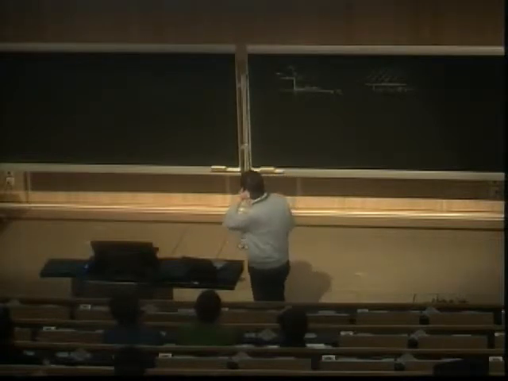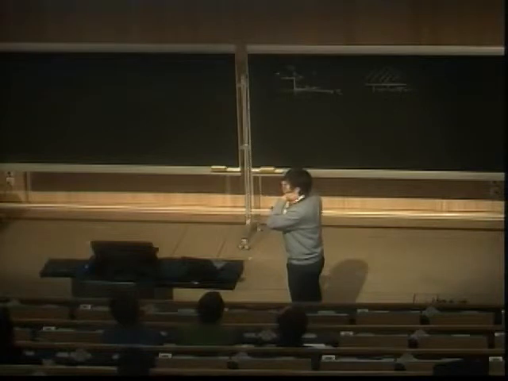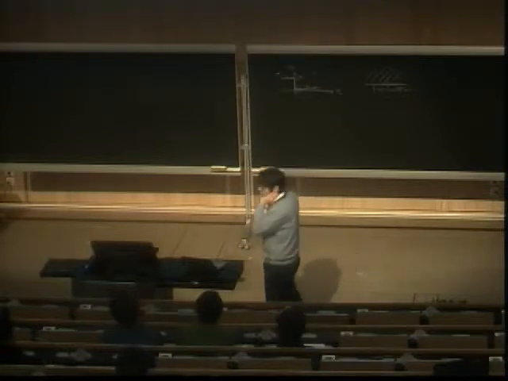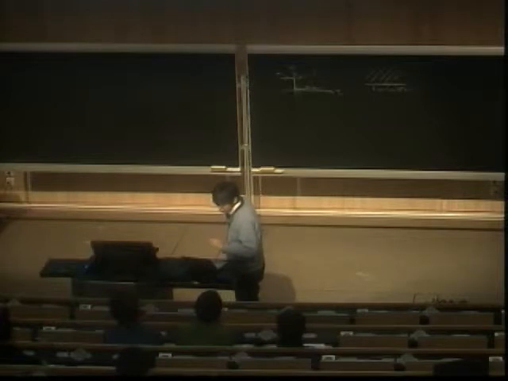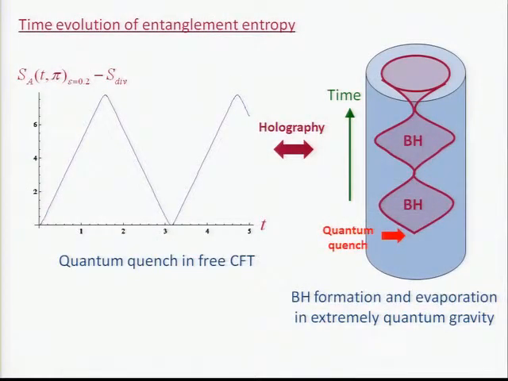Also, peculiar to this free field theory, we have a very short recurrence time, which is just pi. If we shift t by pi, the result repeats, but this is very peculiar to free field theory. In free field theory, the conformal dimensions take integer values, so this kind of recurrence time appears. Anyway, if we plot this, we find the following behavior. This is the time evolution, and this is the finite piece of entanglement entropy. The recurrence is short, but it first increases, and this increasing behavior agrees with the one I explained.